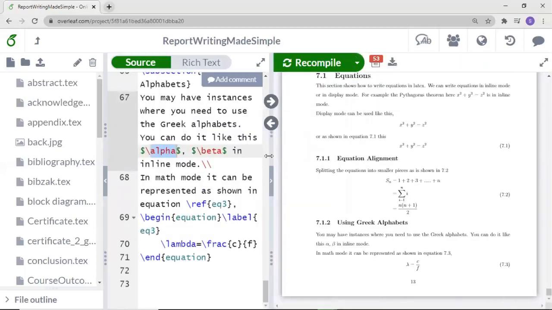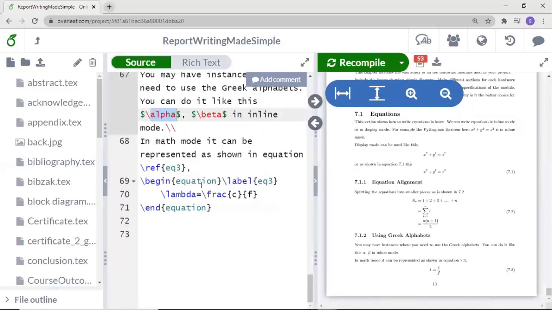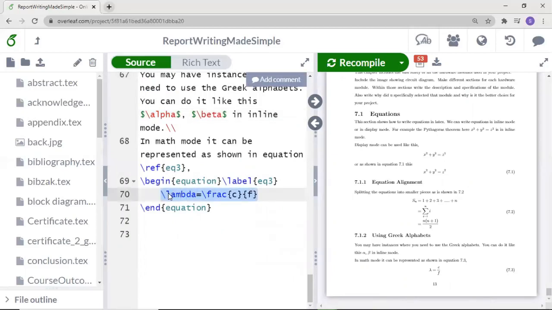It will appear in your output like this. See, alpha, beta. And if you are using it in display mode, you don't have to use the dollar symbol. Inside the begin equation block, you can add it like this, backslash lambda.